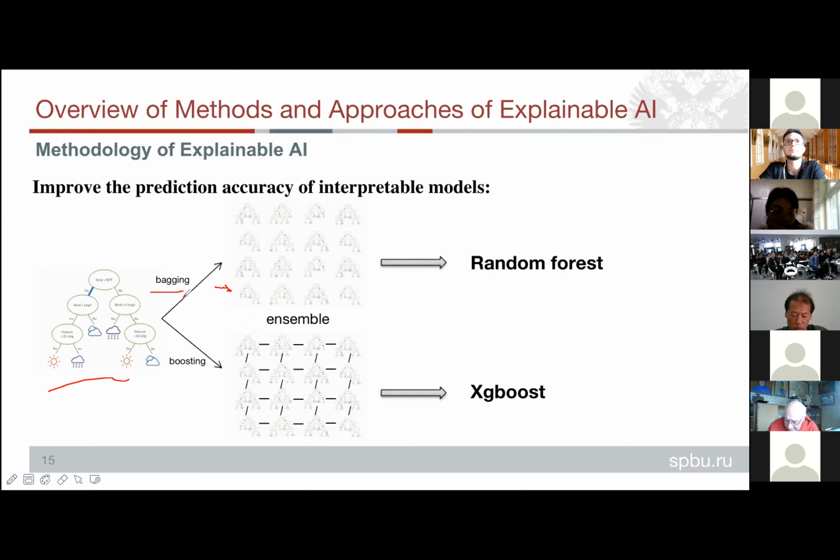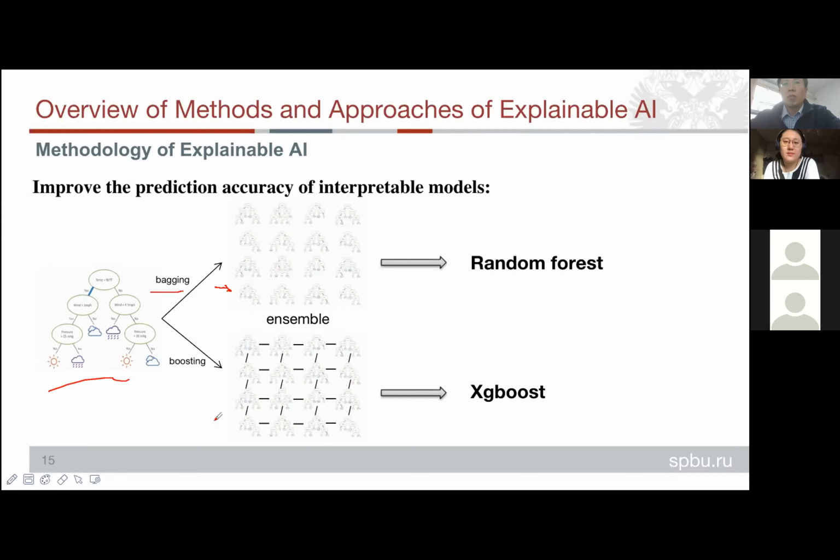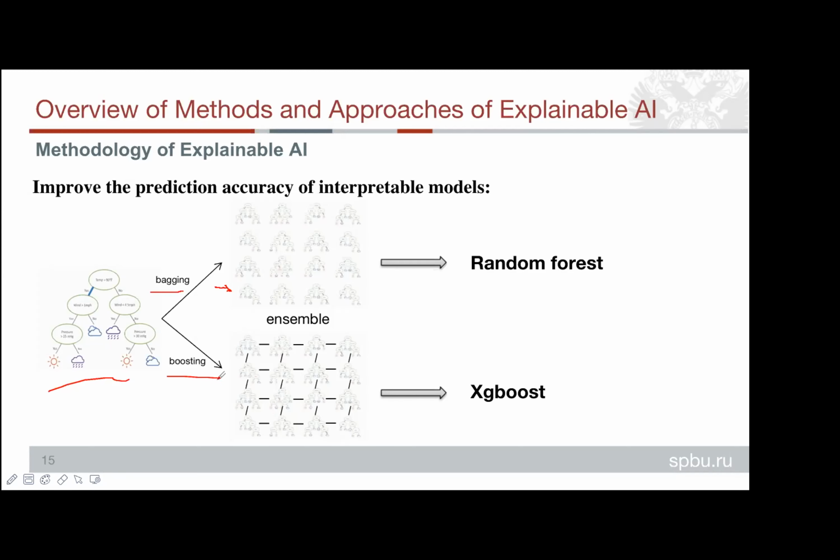The other is that there are strong dependencies among many decision trees. This method is called boosting. Among them, the most representative example of bagging is the random forest model, and for boosting it is XGBoost. Both of these models have greatly improved the prediction accuracy of tree models, but it should be known that at the same time, they have become black box models, which also means that we need a method to explain them.